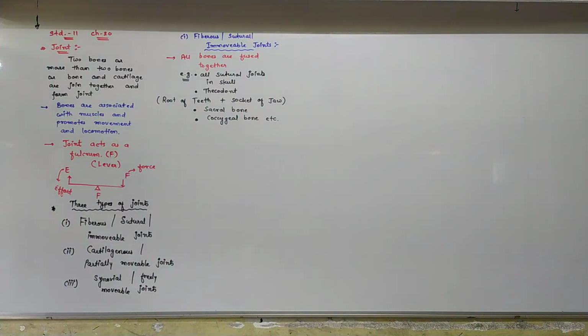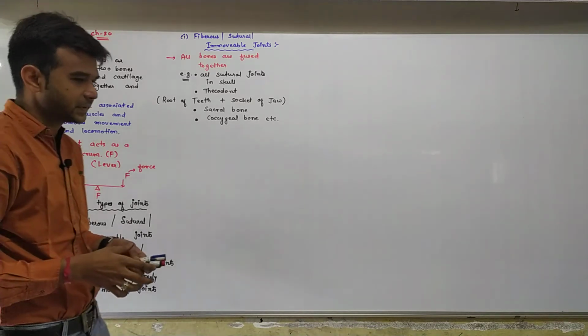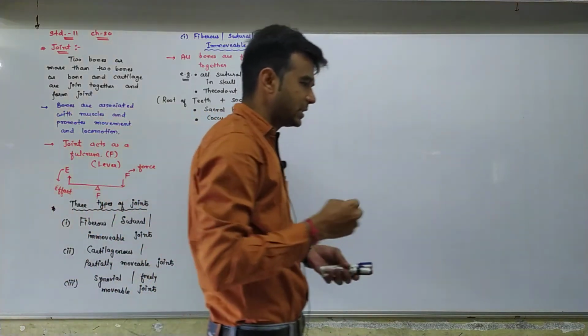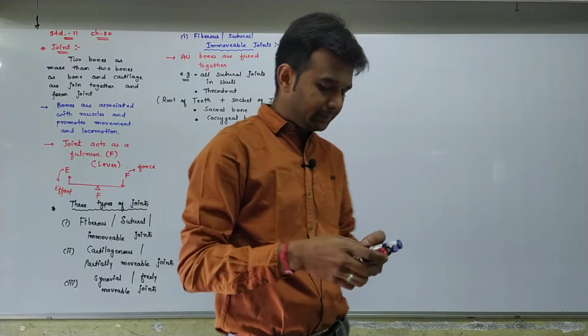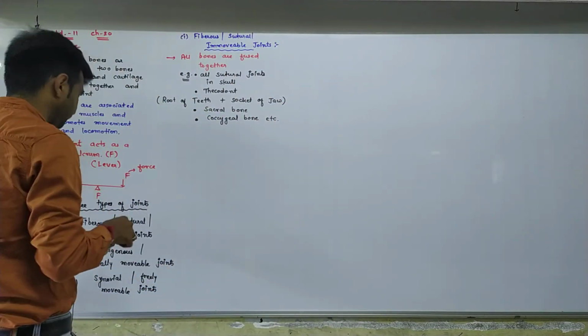But all these bones are cartilaginous in nature at first. Later on calcium and phosphorus deposition occurs, so the bone becomes much stronger. Second is